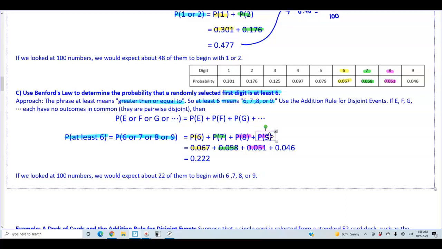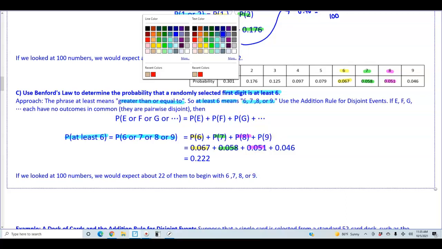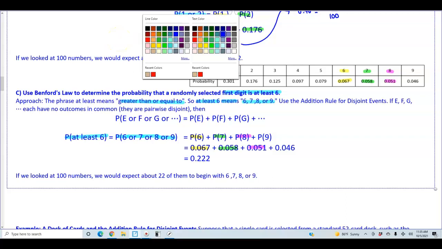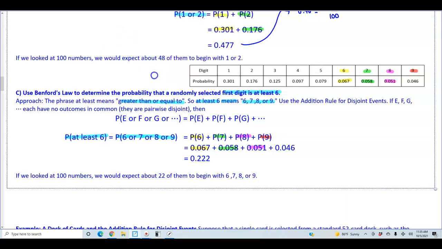The probability of 9 is 0.046. So if we want to find the probability of at least 6, then we add these together to give us